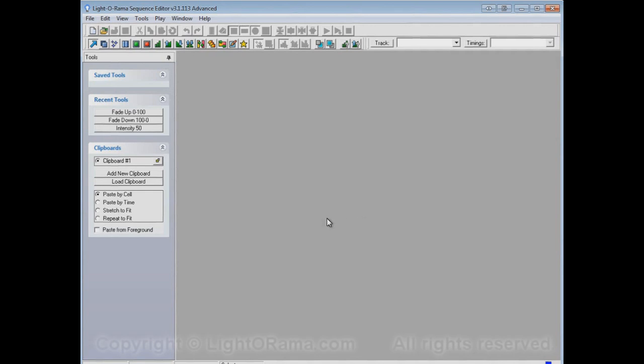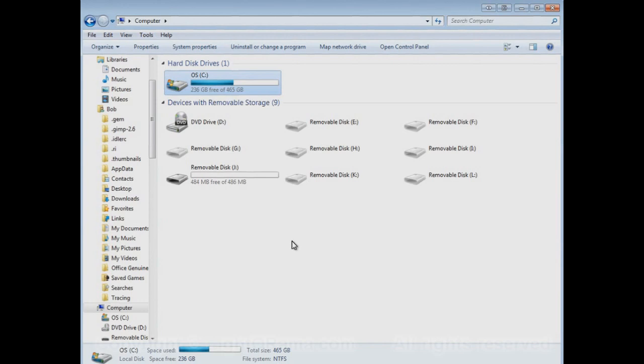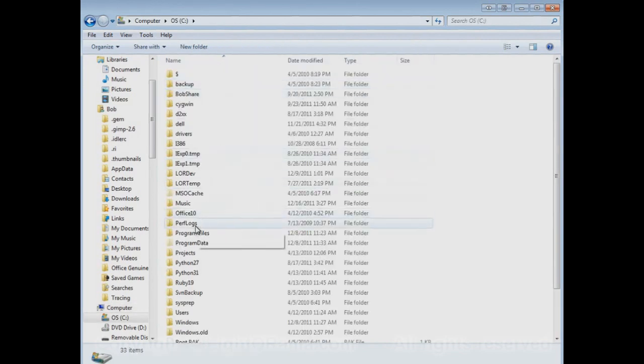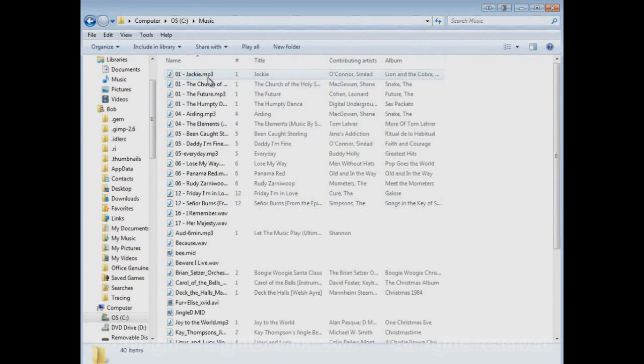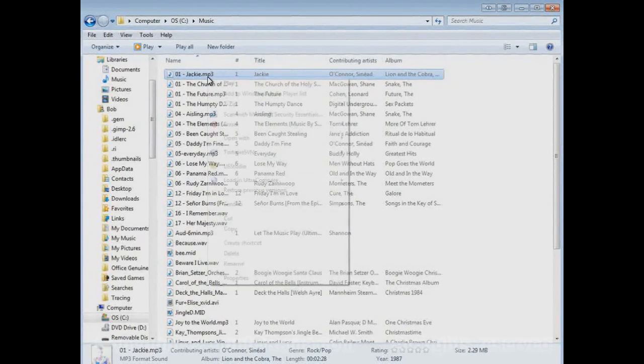What you would do is open up Windows Explorer, which I'll show you here, and go to the directory where the files are currently located, which in my case is the C drive and the music folder. And let's say I want this music file, this MP3. I'll copy it